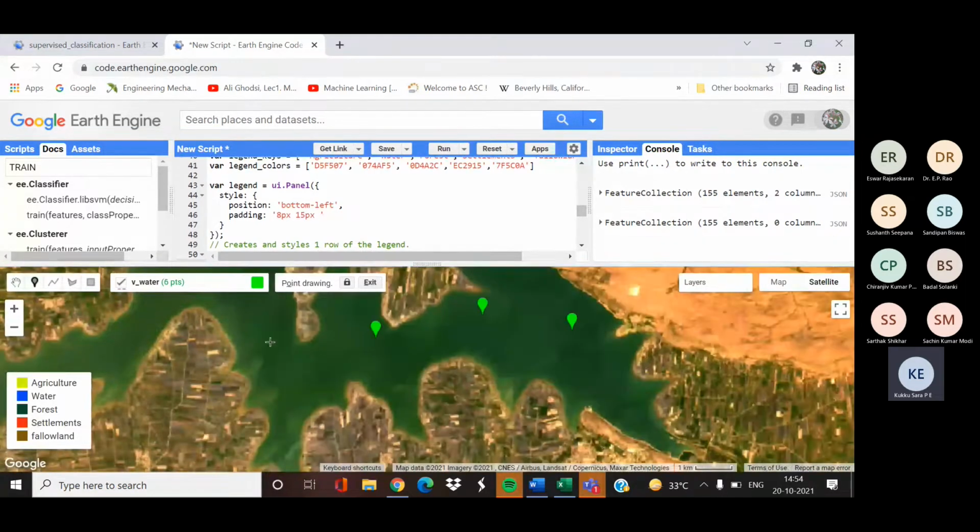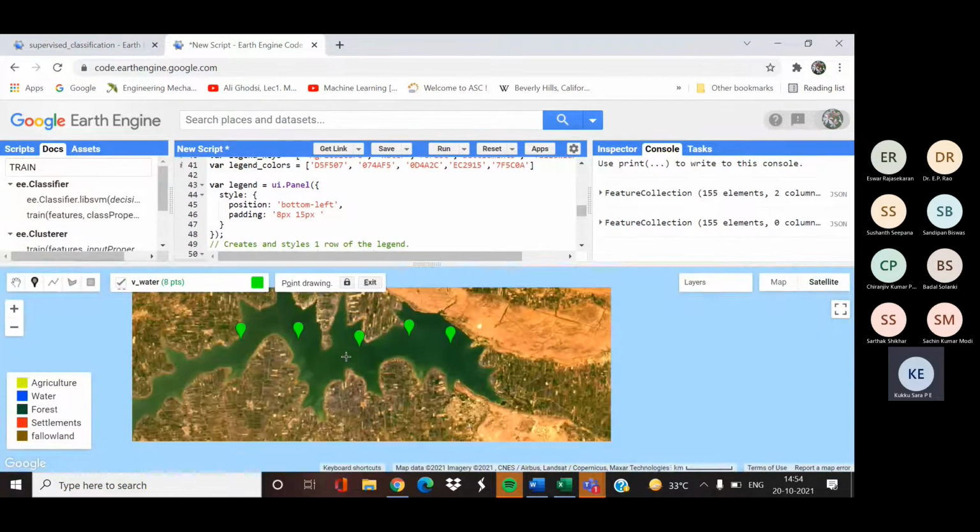Here we haven't collected training points, so we'll use these points for validation.